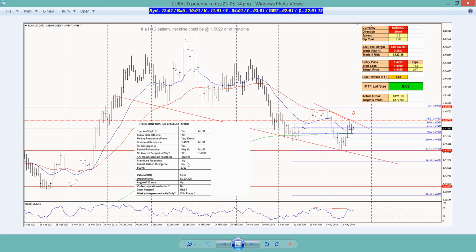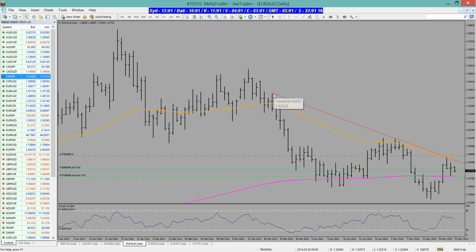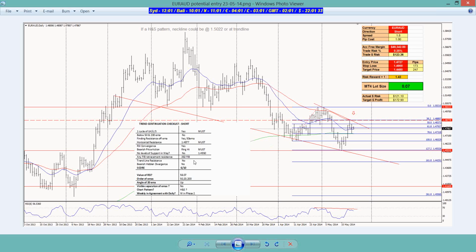I see there is being a trend line, so let's go and have a look. This is where the previous phase 1 started. Okay, this previous phase 1, and we link it to the start of the next phase 1, and we get trend line resistance. So we could therefore say yes to this one. Okay,